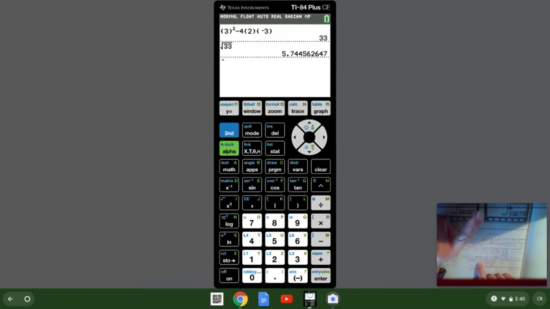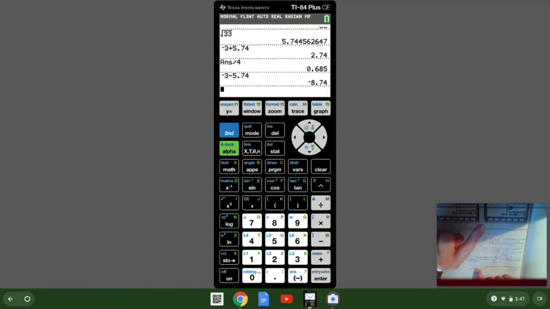So -3 plus 5.74. Watch, I'm going to hit enter. And then I have to divide by 4. And we get 0.685. And I'm going to copy that down into my book. You should do the same, 0.685. Our next one was -3 minus 5.74. I'm going to hit enter before I divide by 4. And we get, in this case,